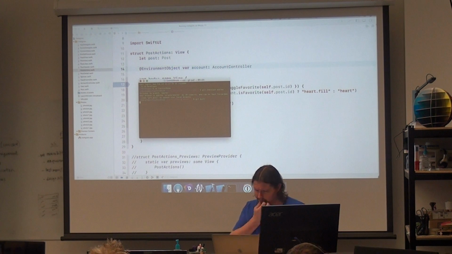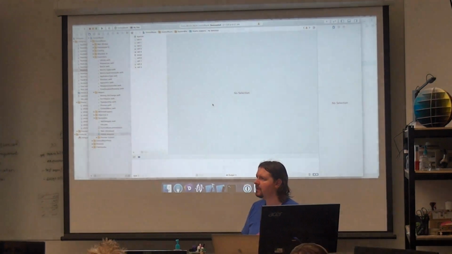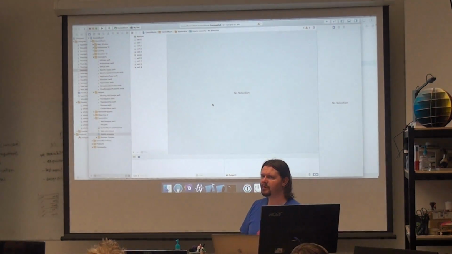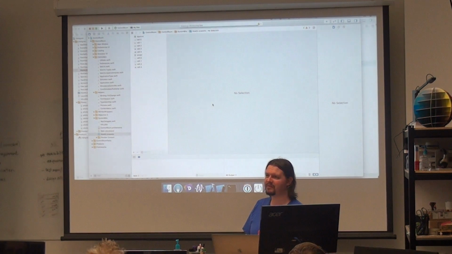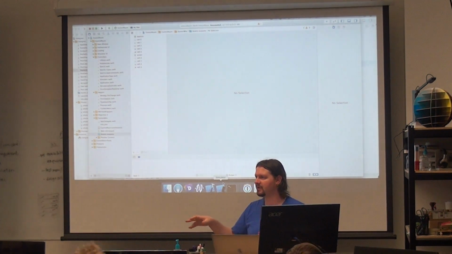So the past little while, I've been working on a Mac app with Paul Hudson and some other folks called Control Room. How many of you are familiar with the command line tool called SimCTL? Okay, so SimControl is basically a command line tool for controlling the simulator, and it allows you